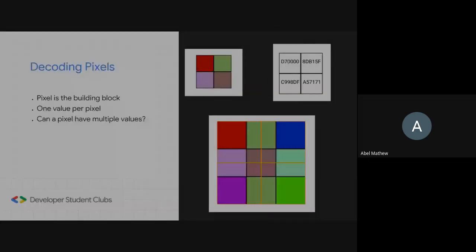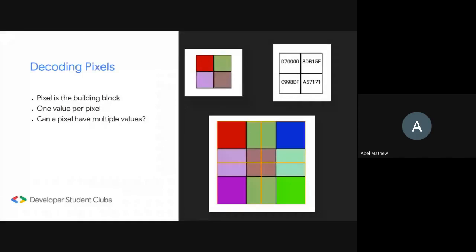Matrix and images, how are the two related? The first point: let us assume that we have the image in the top left and we want to describe it. That's how the image is. If we are describing it to a human, we can say it's divided into 4 parts.